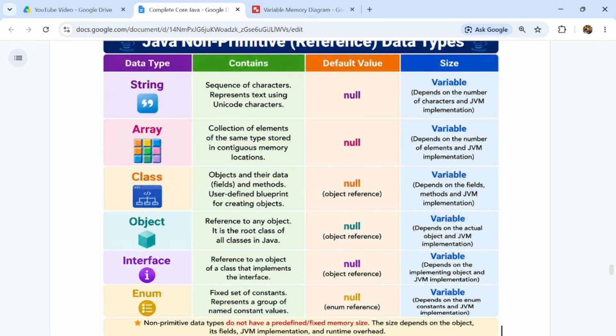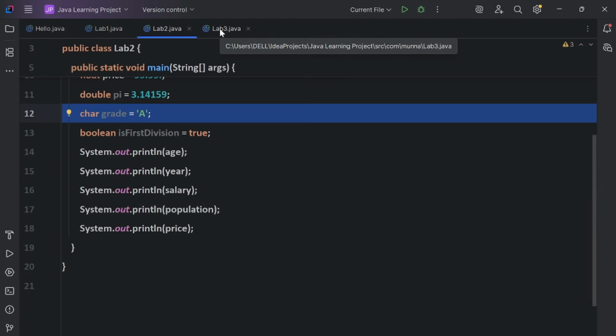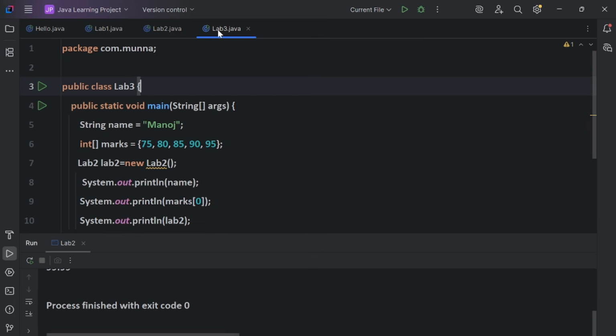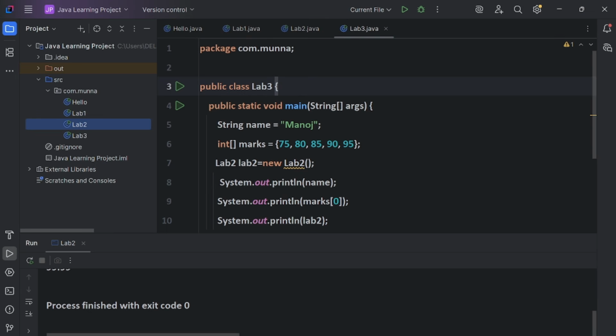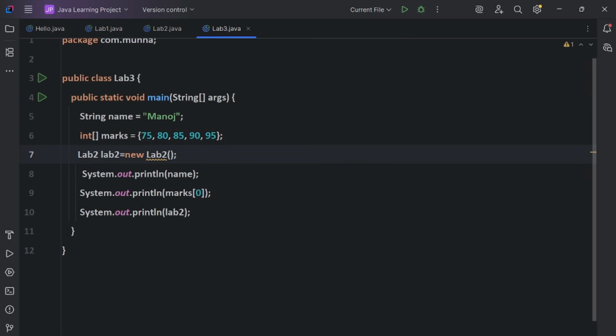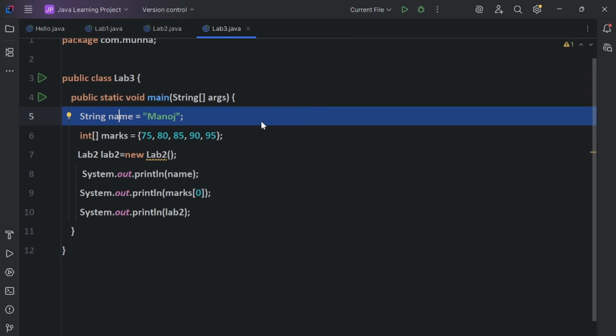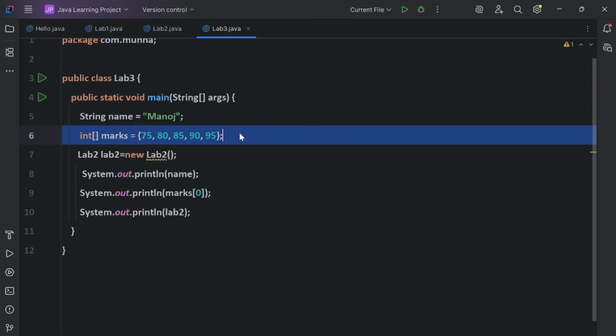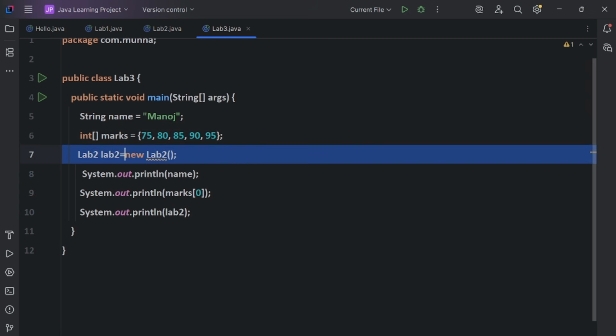So now coming to the code logic, guys. I have defined this lab 3, guys, for reference variables. In lab 3 I have taken one string name Manoj, and one int array type marks, and I am creating one object of the previous lab.